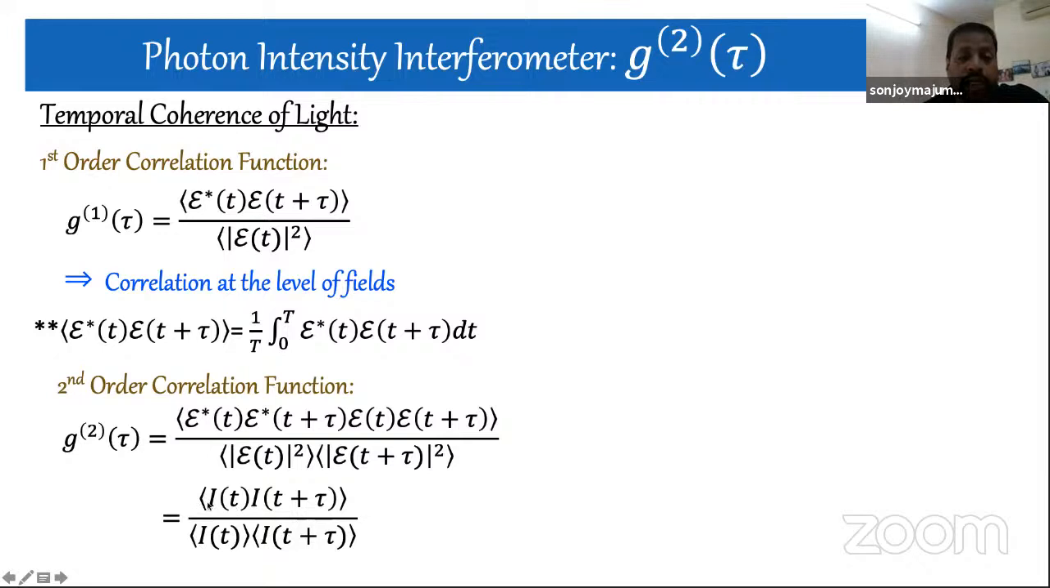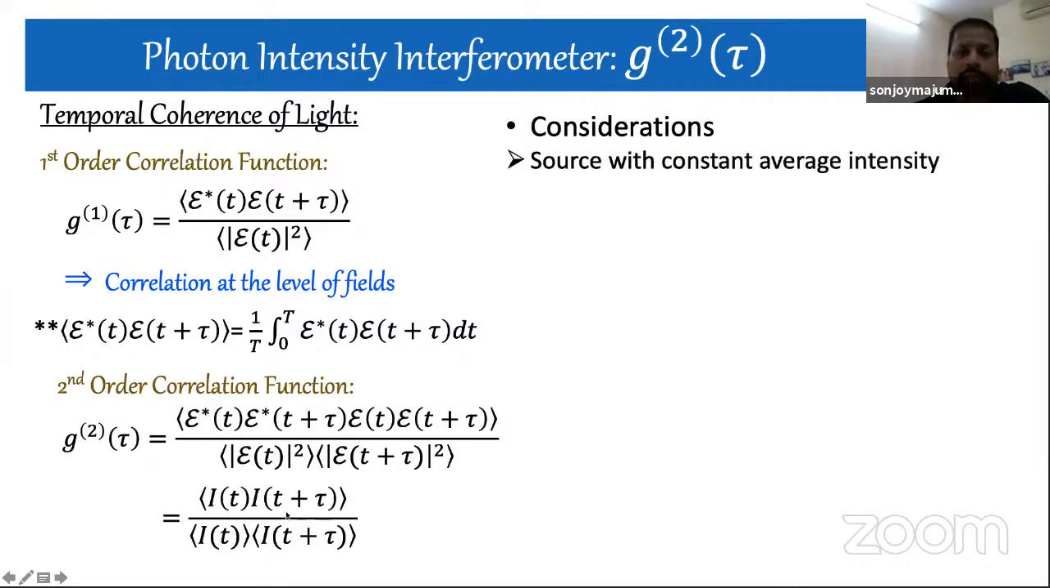So you see that intensity at t and intensity at t plus tau, which is just normalized. So what you saw, that second order correlation, is nothing but intensity correlations. Now let us see how it can be done. For this kind of experiment, what you have to keep very close observation on is that